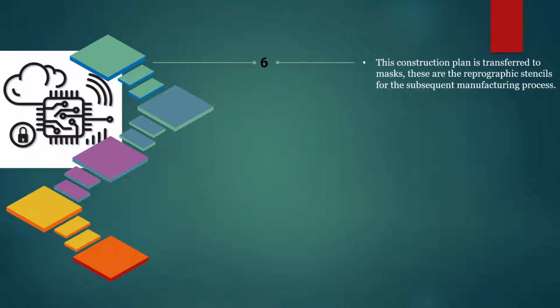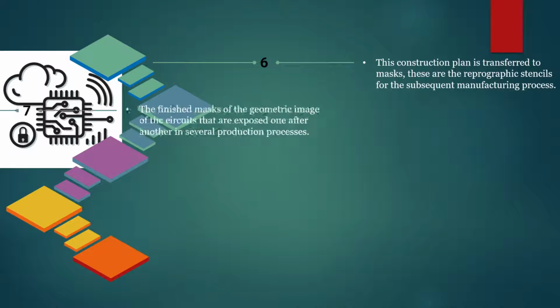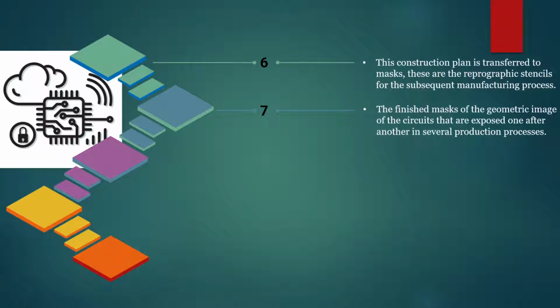This construction plan is transferred to masks. These are the reprographic stencils of the subsequent manufacturing process. First we draw, then we create masks of it. This is known as masking. The finished masks of the geometric image we did of the circuits are exposed one after another in several